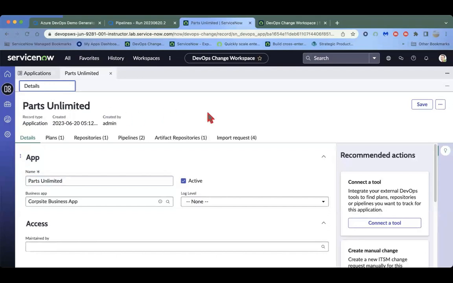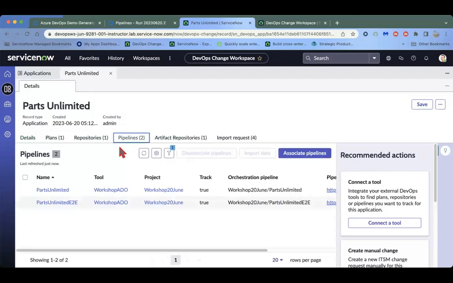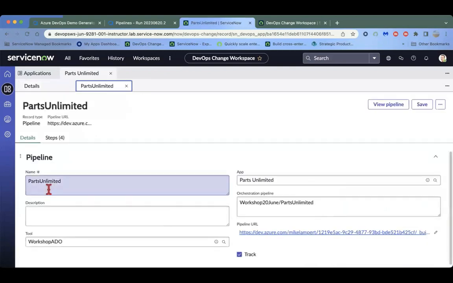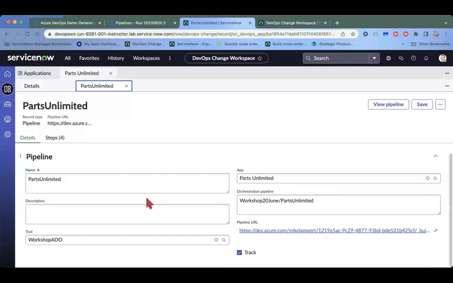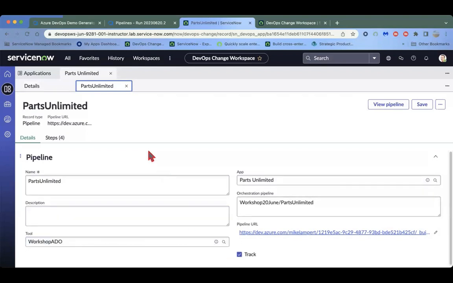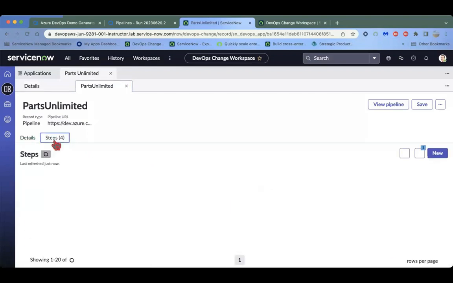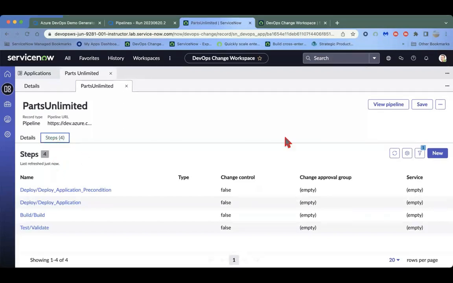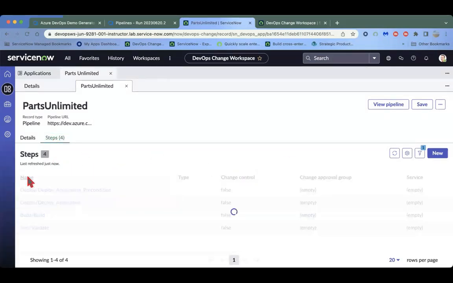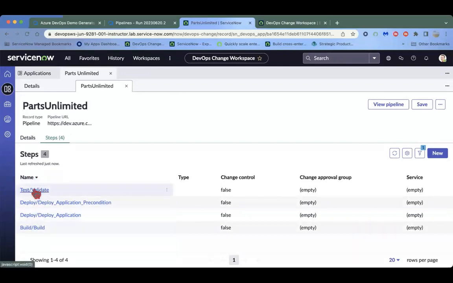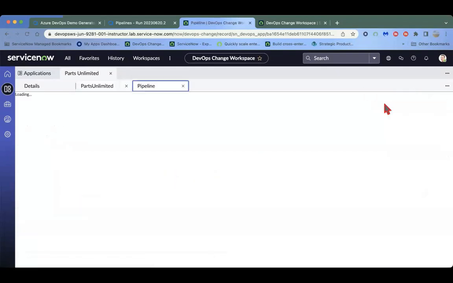And I can see here the data that I associated with this application: the plans, repositories, and pipelines. So click on the pipelines and then click on the first one, the Parts Unlimited pipeline. That's showing me that one is being tracked and that it has 4 steps. So there is a build, test, validate, deploy precondition, and then deploy. So if you click on this pipeline UI view pipeline,